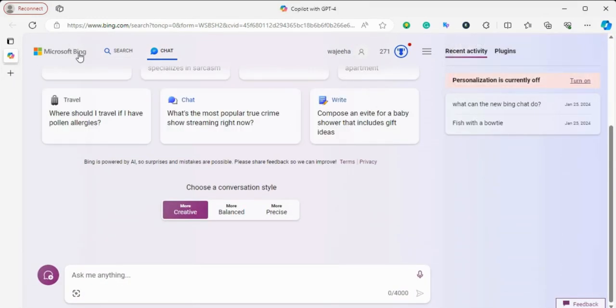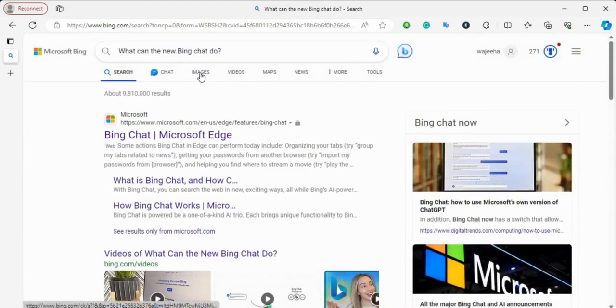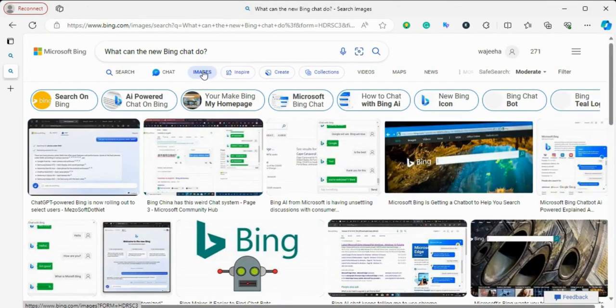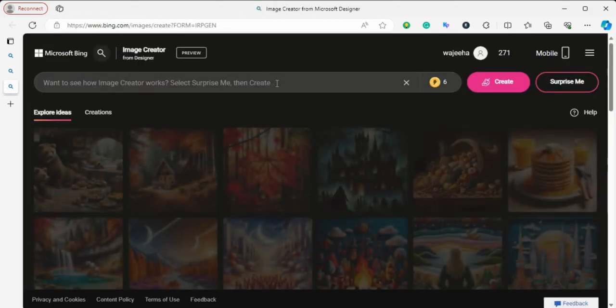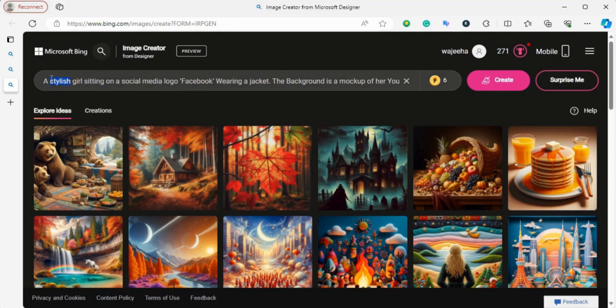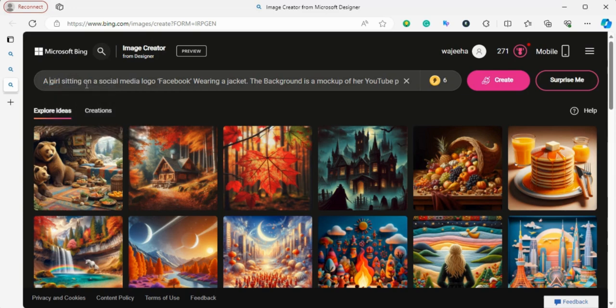Now I will go to the search option and there is the option images. I will click on it and go to the create button. Now we will give the prompt here. You can make the changes accordingly, whatever you want. If you are a boy or a girl, you can type a girl sitting on a social media logo, Facebook, wearing